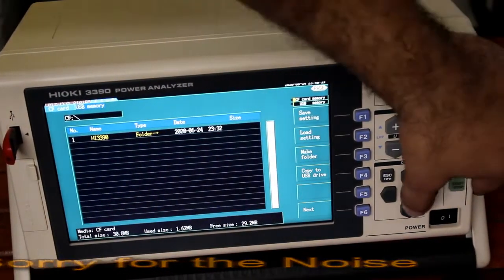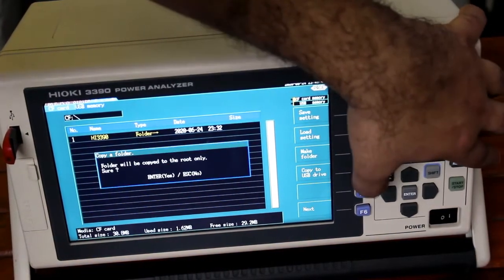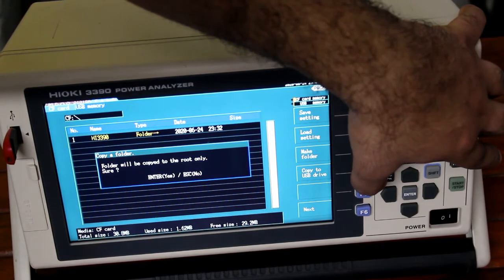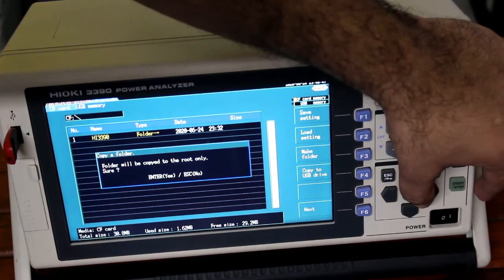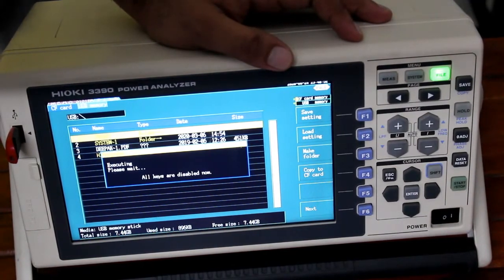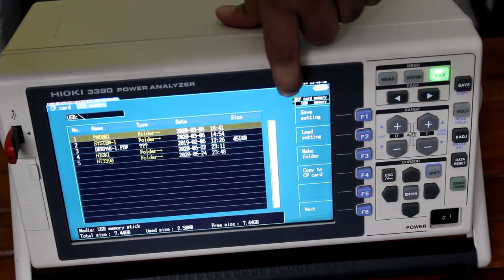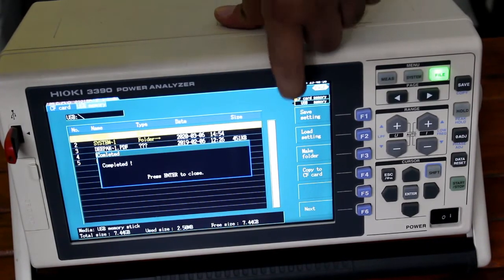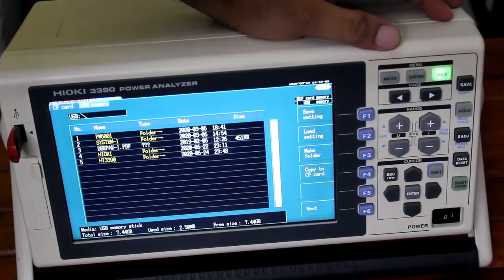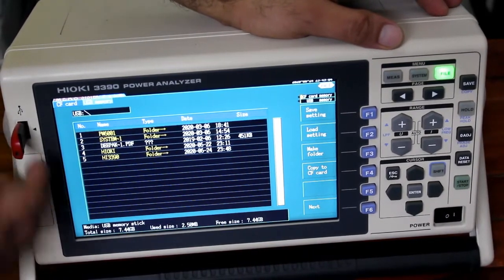Now here is the data, copy to USB drive. If you want to create a folder, you can create. Now the data is being copied to the USB drive, and I will see the data on my laptop.